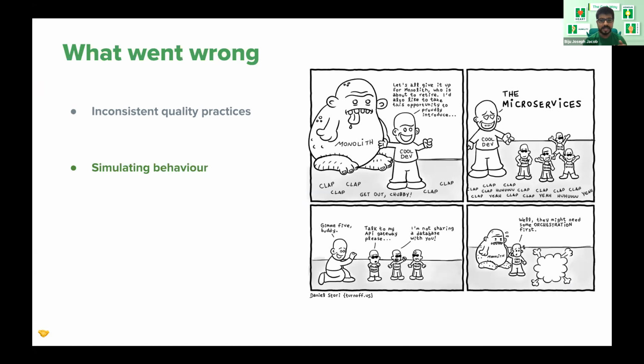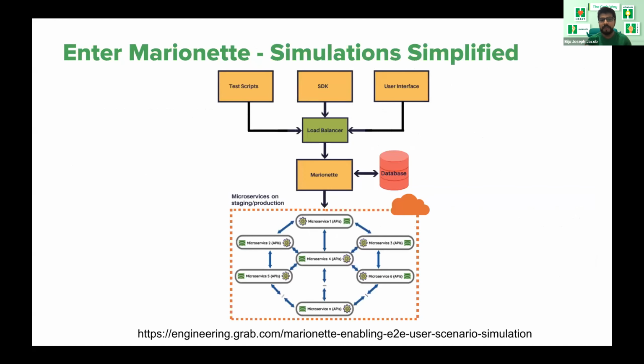What that means is if I want to do a full workflow test, a full test of a user workflow, I would need to simulate some parts of the backend, which I, as an engineer, do not control. So if I'm on the passenger app team, I would want to simulate some parts of the driver app. To solve that problem, we have introduced a service called Marionette.